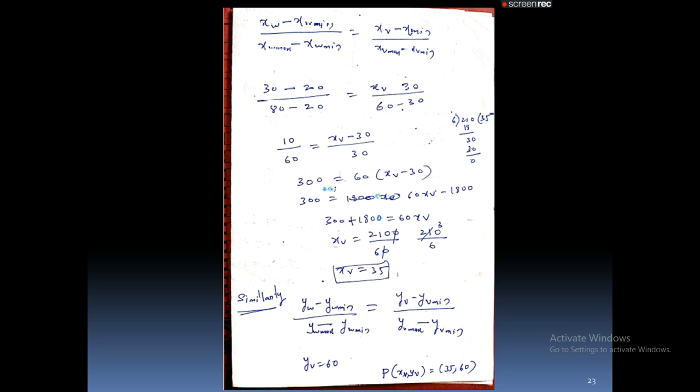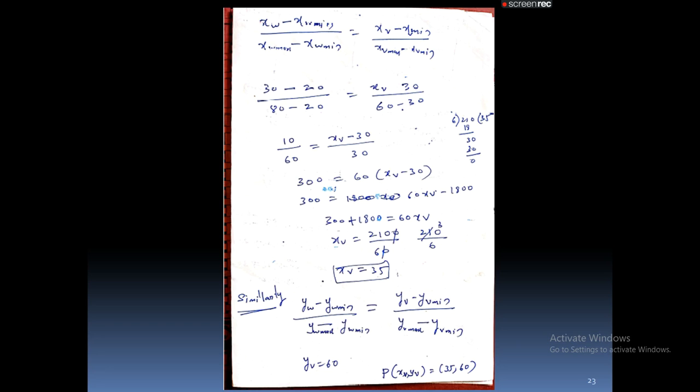So I would like to stop here. Today we learned how to map world coordinates to viewing coordinates, which has two steps, and also how to map viewing coordinates to viewport coordinates. When we want to map viewing coordinates to viewport coordinates, we have two steps: one is scaling, and the other is translation. Scaling is required because the size of the object may increase or decrease with respect to the size of the viewport. So we need to perform scaling.